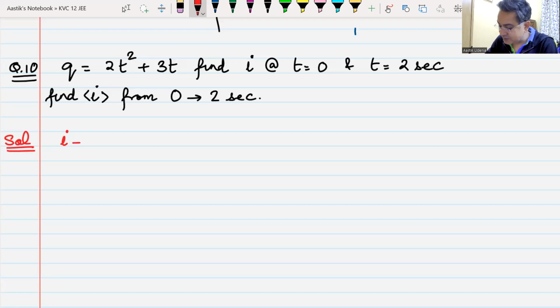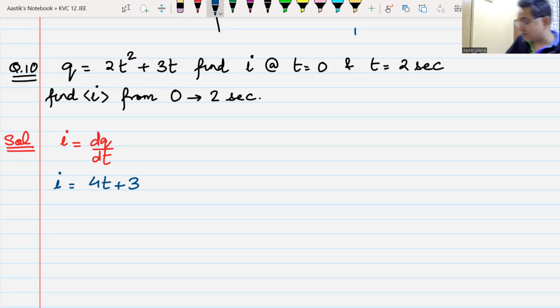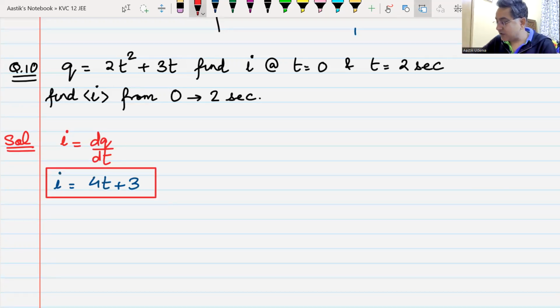To get the value of instantaneous current, my dear friends, I have to differentiate q with respect to time. So I can get the value of current as 4t plus 3. Everyone got this? Yes or no? Okay, now you can put